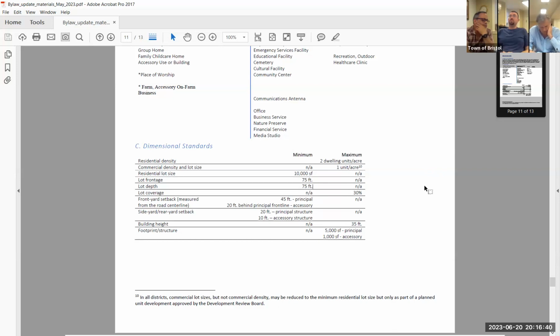Lot coverage is 30%. We just talked about 50%. Front yard setbacks 45. Is that a little longer? That's a little bigger, isn't it? Yeah, 5 feet bigger. Side yard, rear yard is 20 feet as opposed to 15 feet.